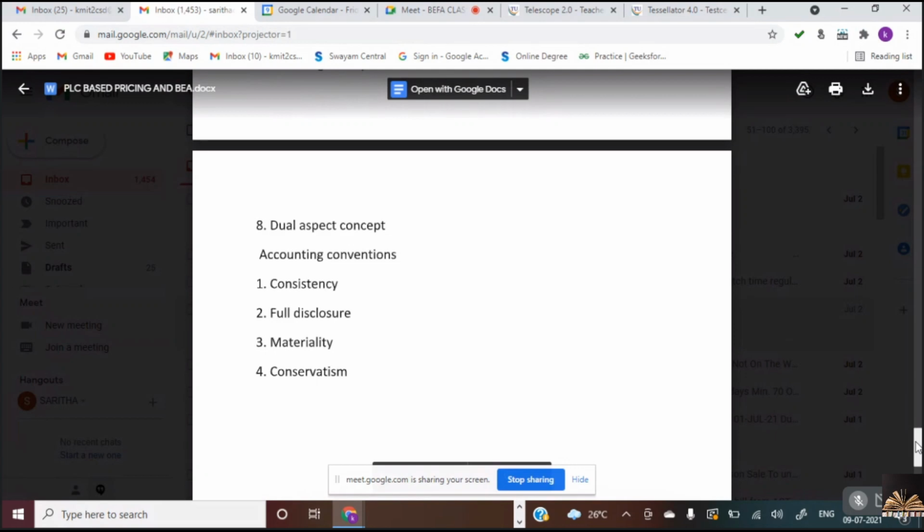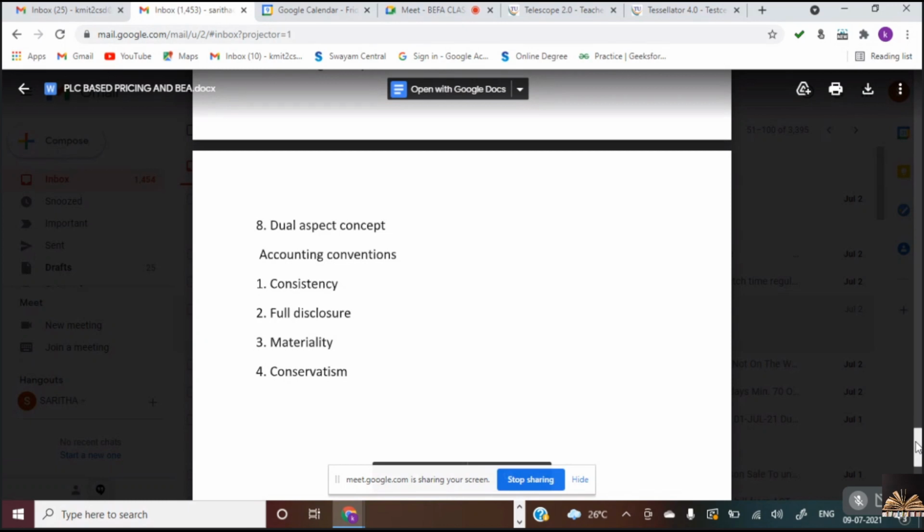So this is known as the dual aspect concept. That is, each and every transaction affects twice. If one account is debited, there is another account that would be credited. Or in simple terms, we would say this is the double entry bookkeeping system. Each and every debit has a corresponding credit. Is it clear? As you do the problems, you will get acquainted with this terminology as well as what is meant by the dual aspect concept, which is also known as double entry bookkeeping. Is it clear, all of you?